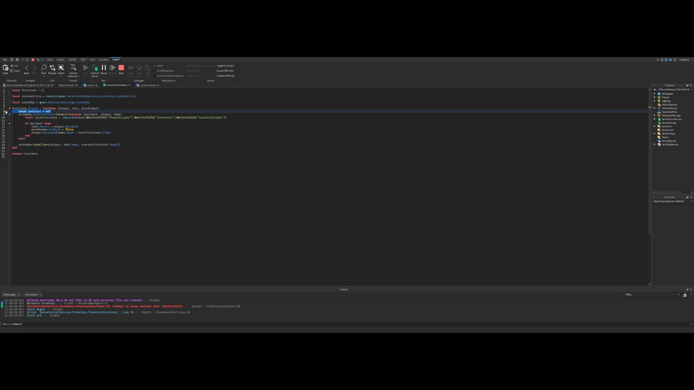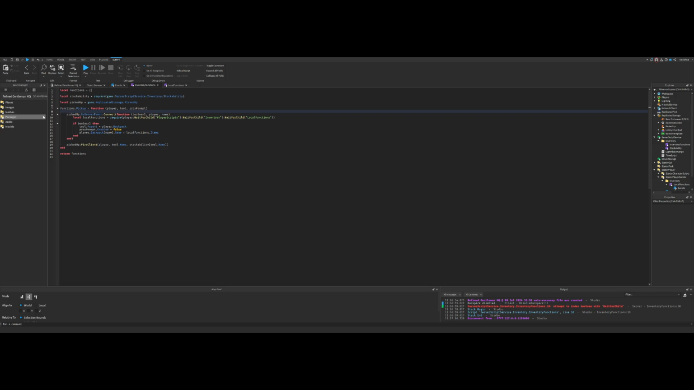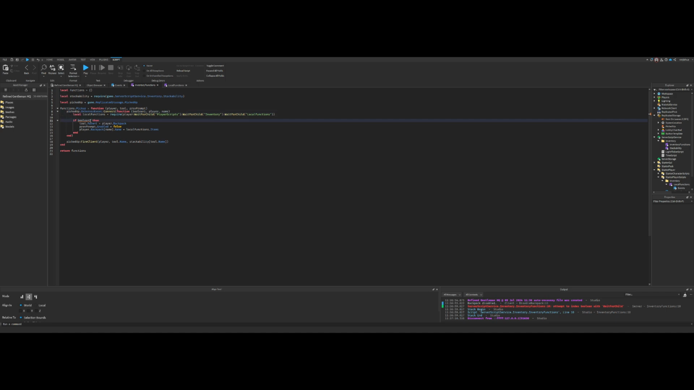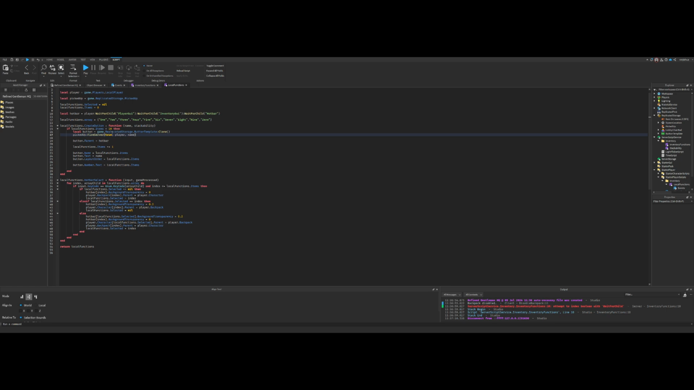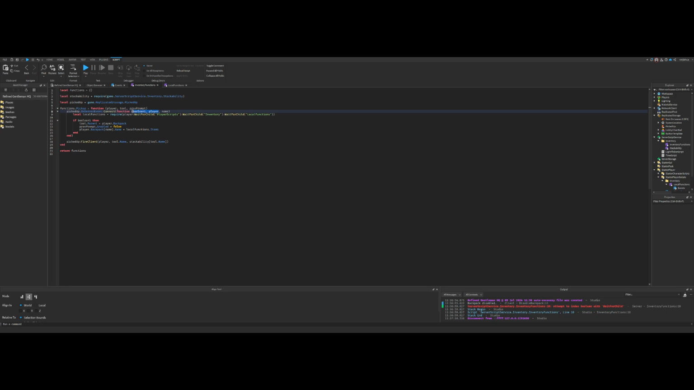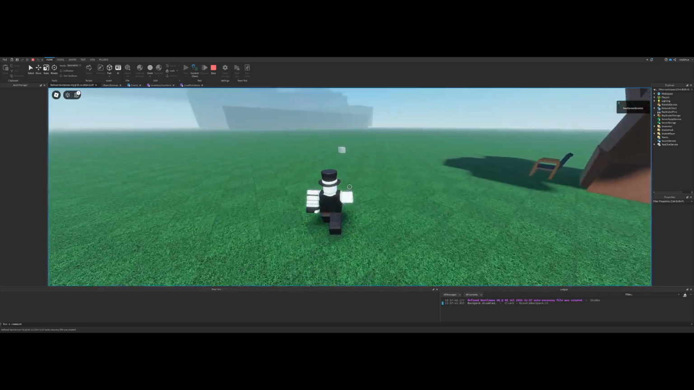We don't need Boolean 1 anymore. So we can call this Boolean 1 now. You know what? We fire true, and then we're going to be given the player, then Boolean 1, then name. Now if I play it,